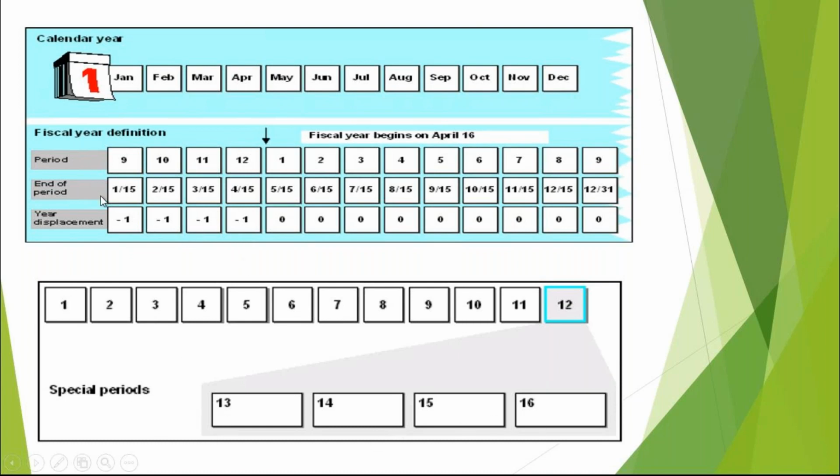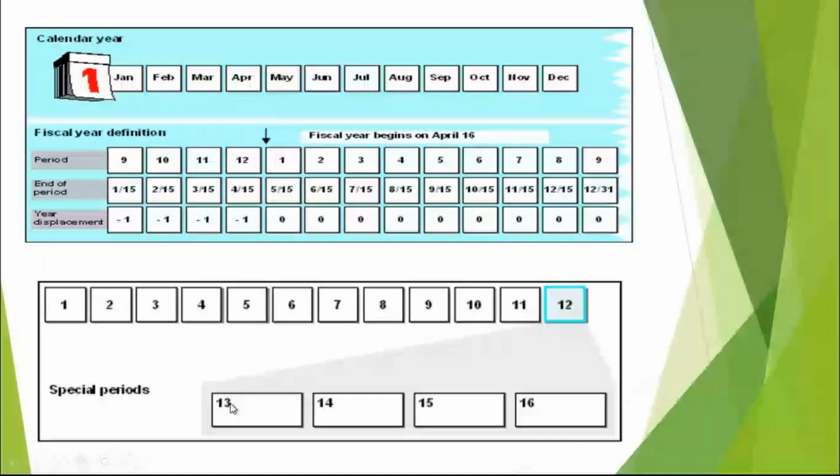Okay, then this whole 12 months we will consider it of. Again, the last four periods, which is December, January, February, March. So December, Jan, Feb, we will consider them as four special periods. Okay.